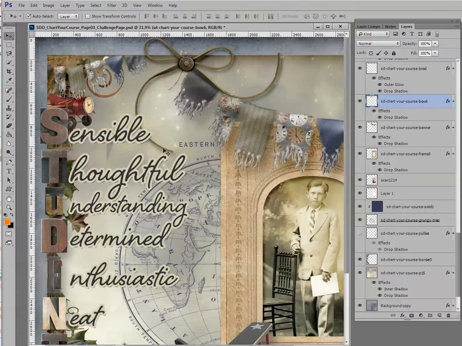You need to make sure that you don't make too many large changes with Puppet Warp because the pixels will become a little distorted. So this is a great tool for small changes in the way that I showed you today. There are some other really fantastic things that Puppet Warp can do,